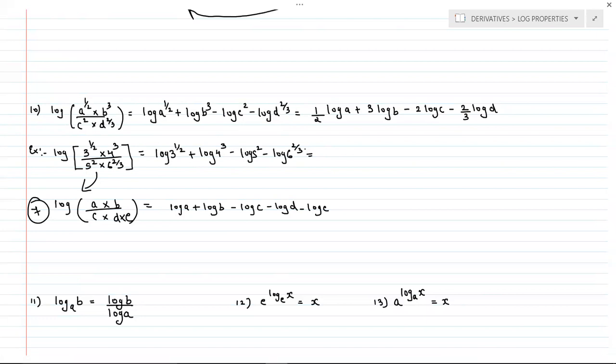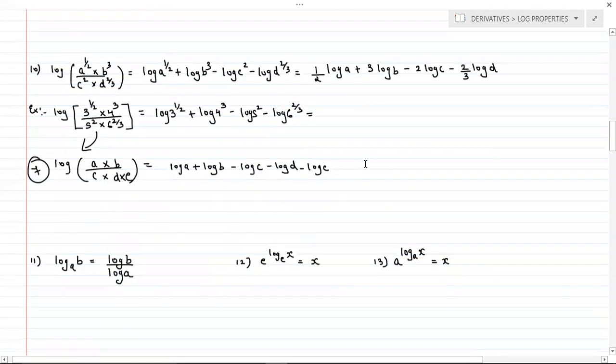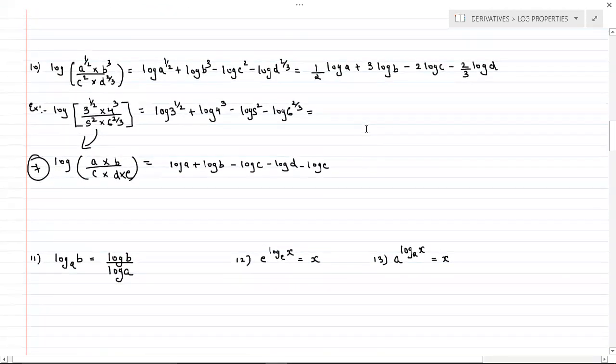So this small thing I had explained just now in property number 7: how the numerator section gets converted into addition, and how the whole denominator section gets converted into subtraction. I told you there is no need to explain this 2-step. So directly you can write, or you can remember like this: the numerator terms will get converted into addition, and the denominator terms will get converted into subtraction. You can remember the property like this also.